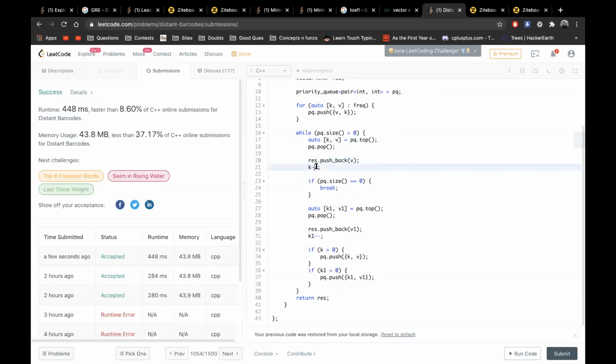I reduced the frequency of it by 1, and then after that I check whether my queue is empty or not. If it is empty, I'll just break away from this loop and return my answer. At the same time, I'm also taking k1 and v1, because for now we have